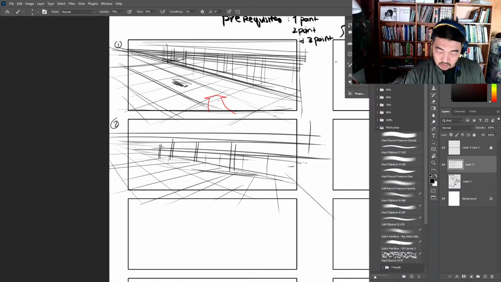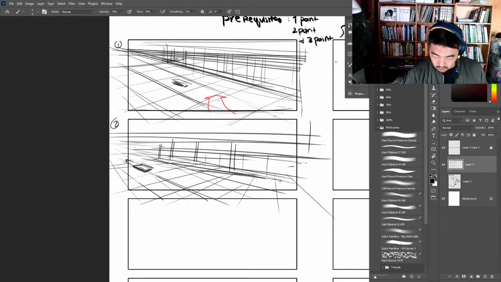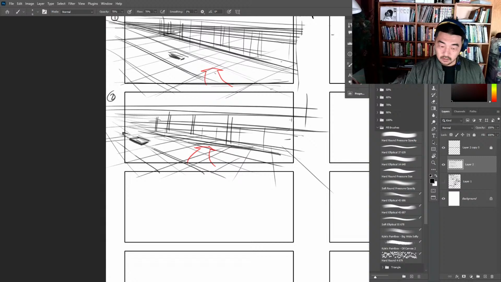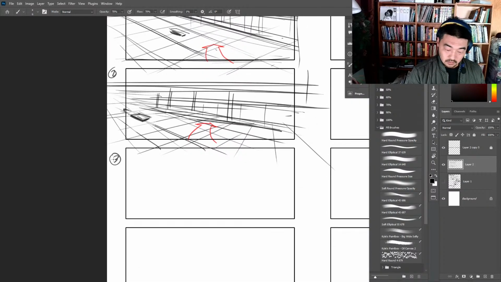Let's draw. Here's this car right here, which is a nice point of reference. Show that car leaving. And we're going to start going in to...